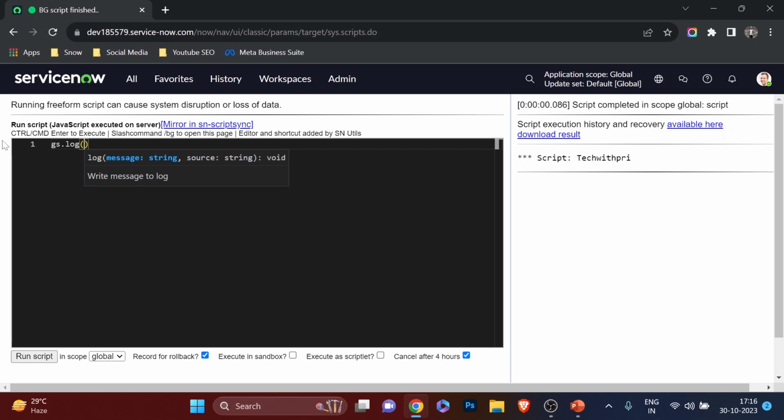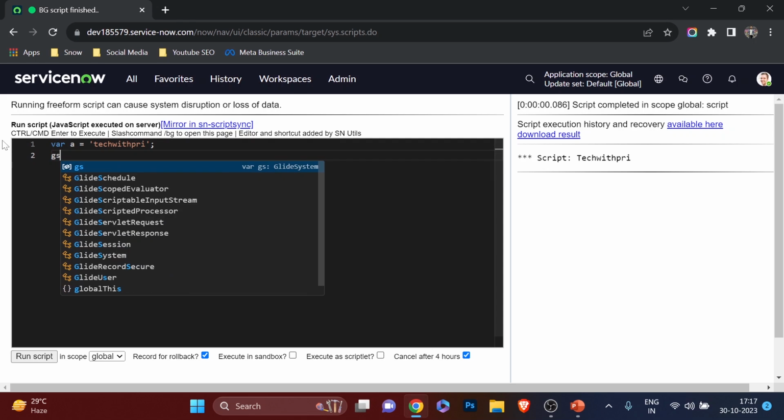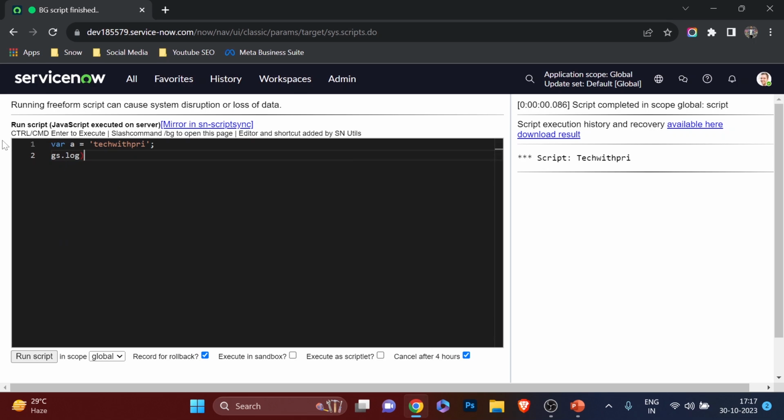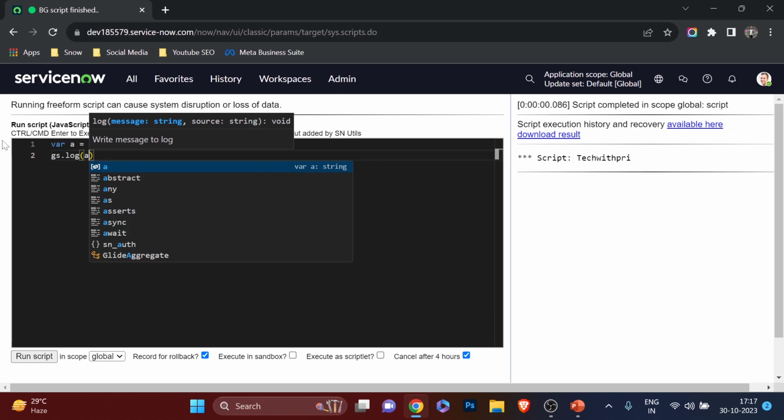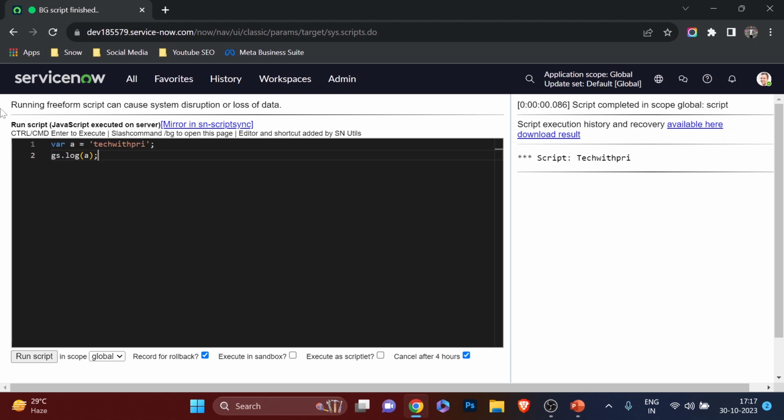So don't worry if you don't have any idea, because we are going to use log practically in business rules, in script includes, in different server-side scripting. To give you an idea, gs.log actually stores the log information inside of ServiceNow. For example, maybe I will just type var a equal to TechWithPri, and I want gs.log to log the value a. That's it. If I run it, you can see the output is coming as TechWithPri, fine, but actually